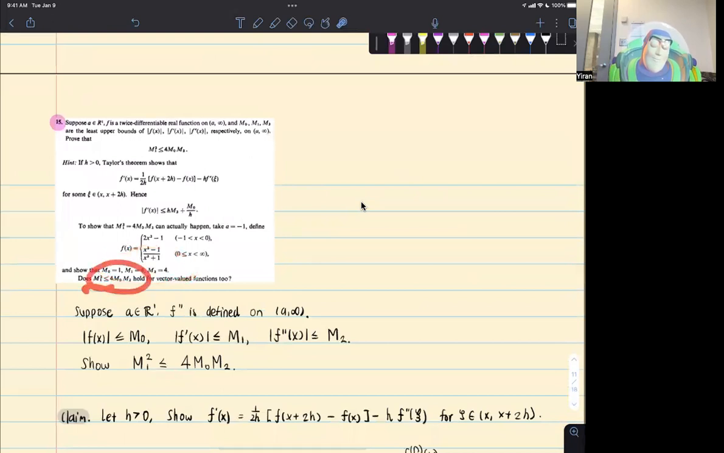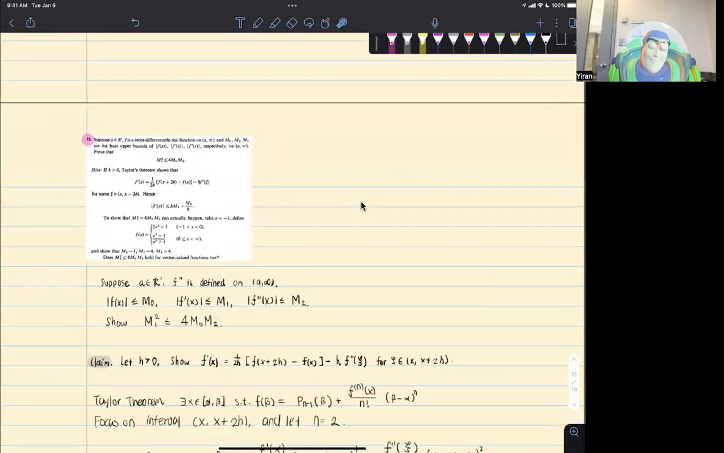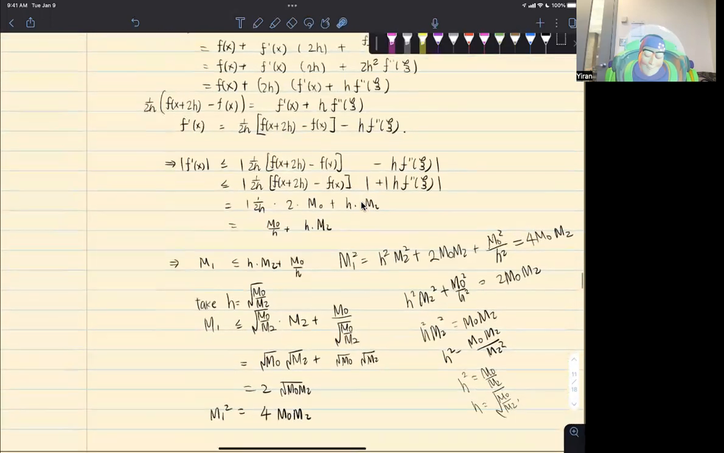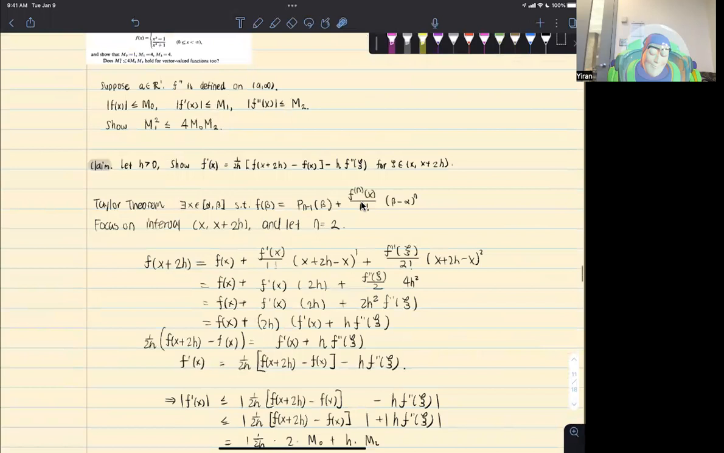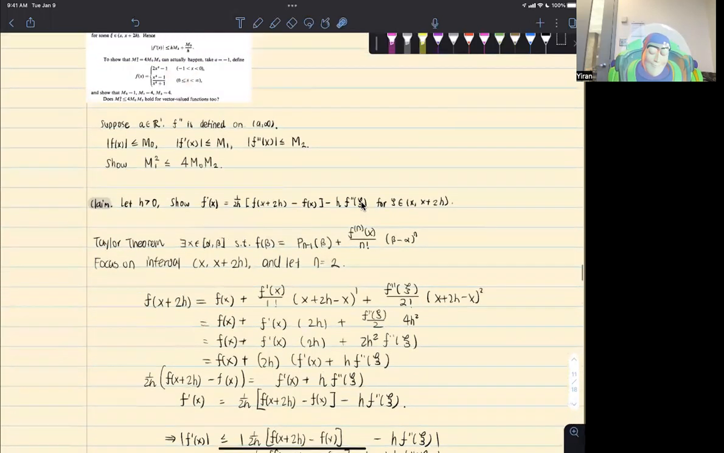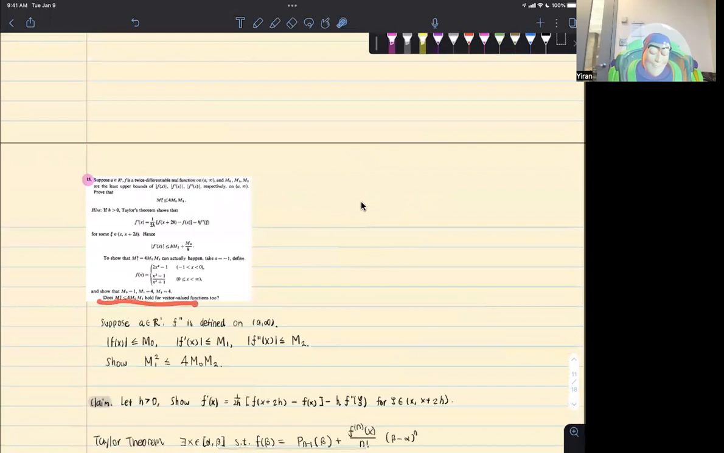I don't think this one holds because during the proof we did use, I think somewhere we did use Taylor theorem. Did we? No, we did not use Taylor theorem. I will go back on this. I think it's not hold